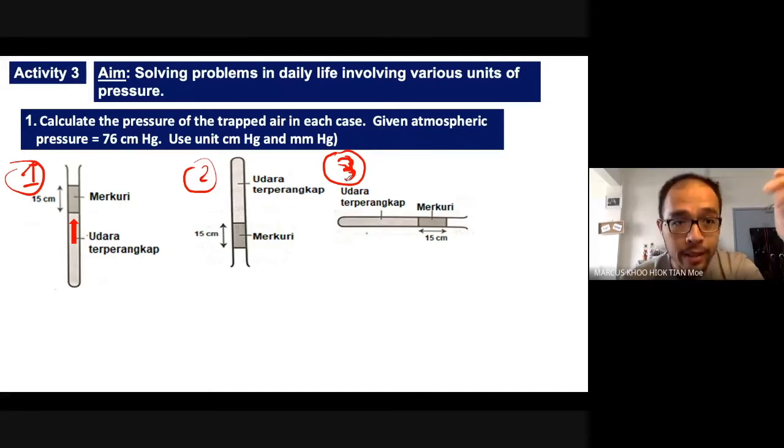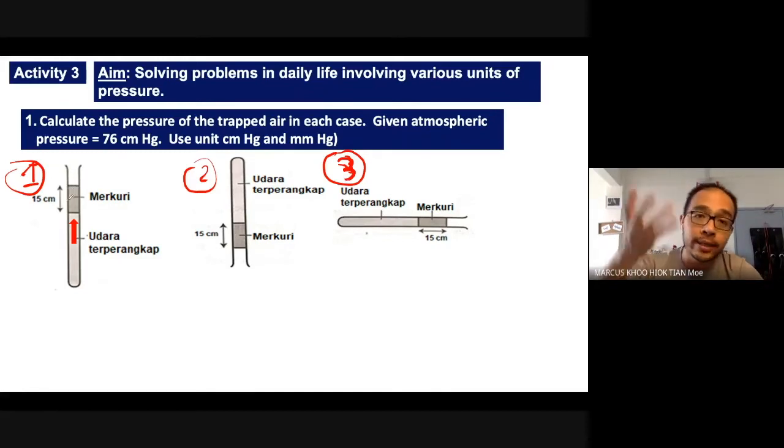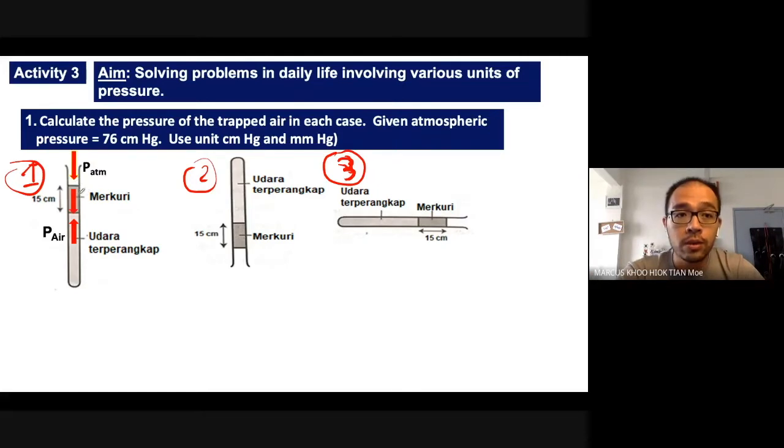But since the mercury over here is being acted on by gravity, it's going to go to the downwards direction. So this 15 centimeters of mercury is going to put on a little bit of pressure on the air. And then of course, because this is terbuka bahkan, disebabkan ini adalah terbuka,